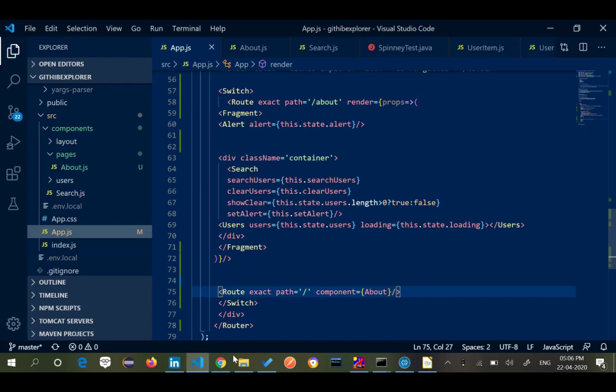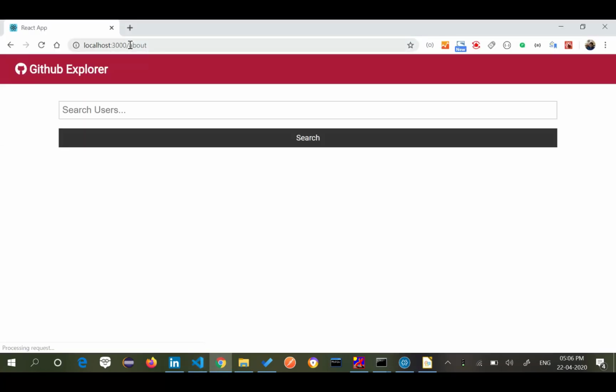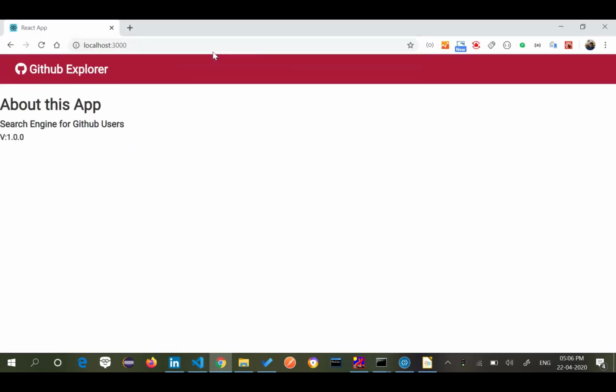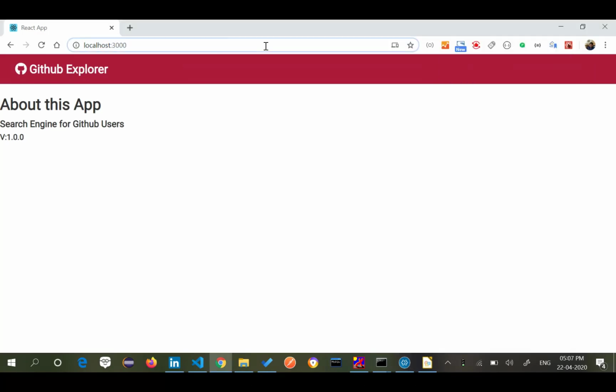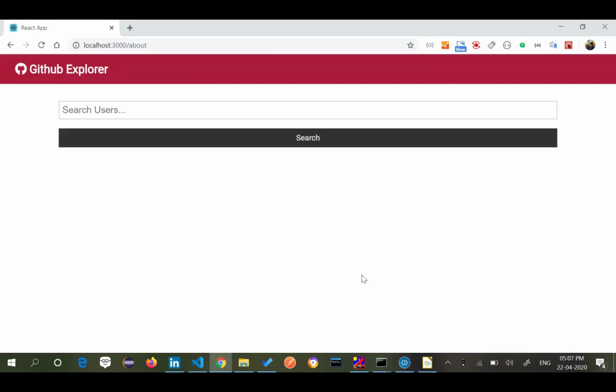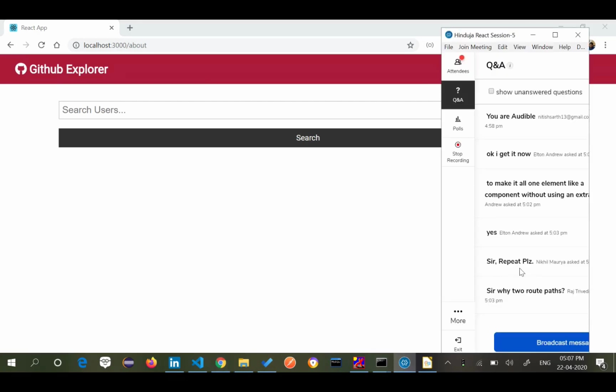See what happens now. I have two pages, but on the slash I registered the about page. And if I say slash about now, I have registered the home page there. So this is how you're actually telling on what URL what should be loaded.